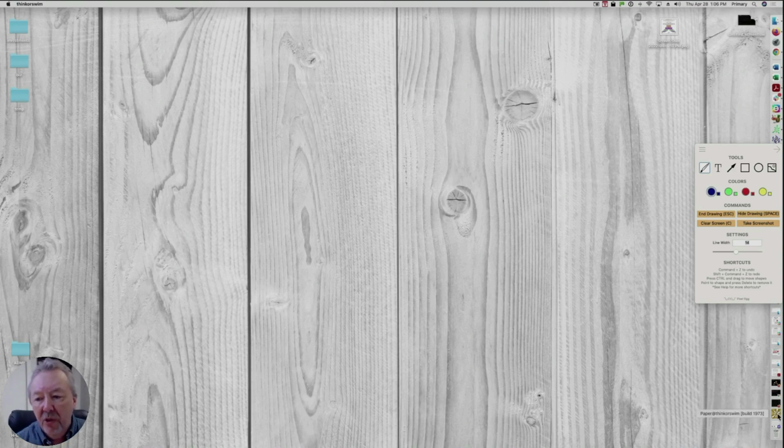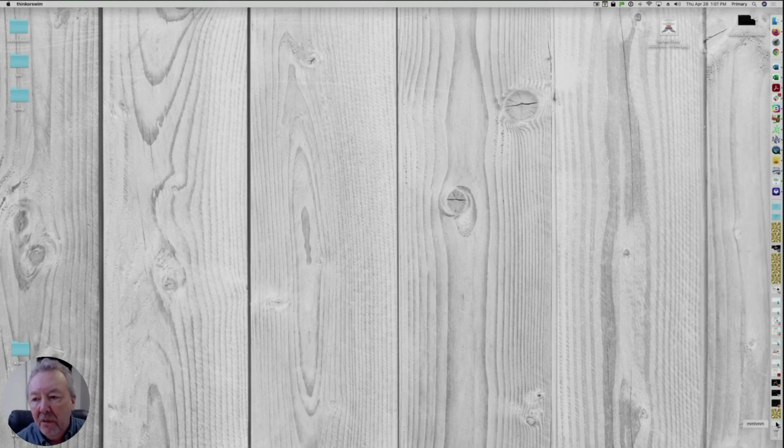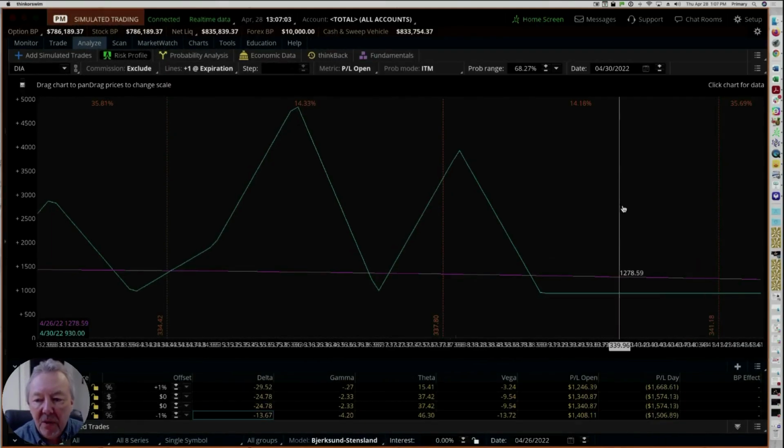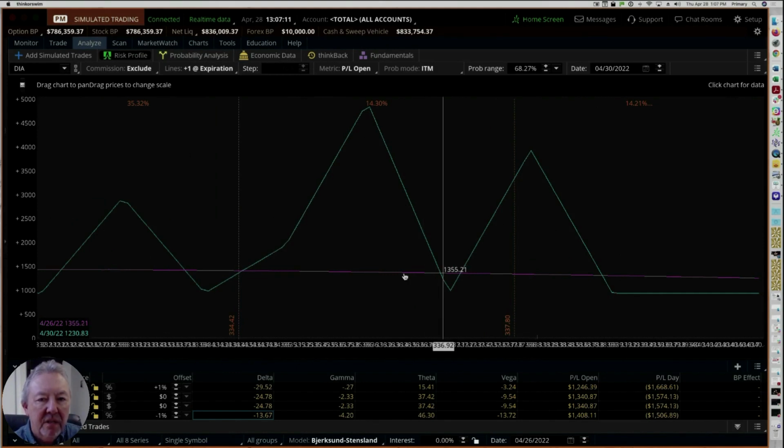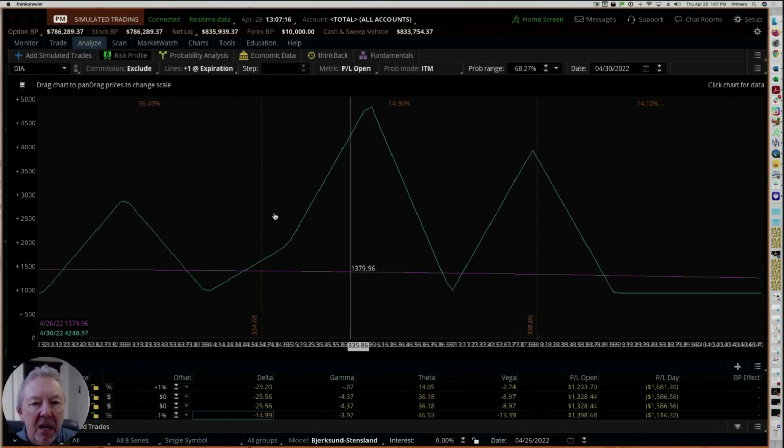So let me go over to Thinkorswim here for a second. Whoops, I have to get out of this. I am going to do this and bring this up. Okay. So these are positions that I've entered recently. And you can see that it's kind of like trading as a business a little bit because it does have a tent. And because they're butterflies, they do have some spikes here and there.